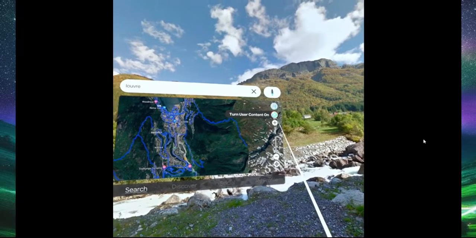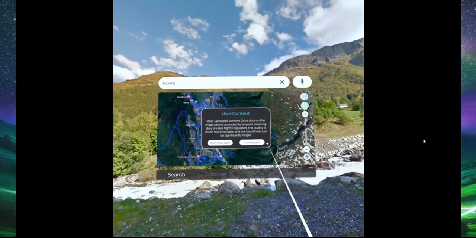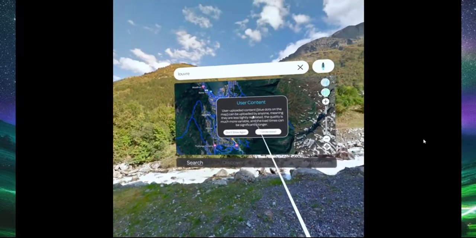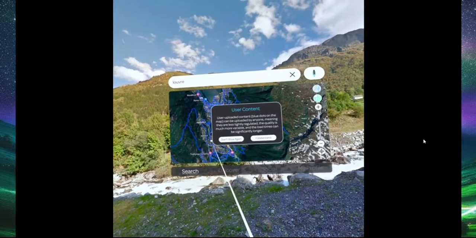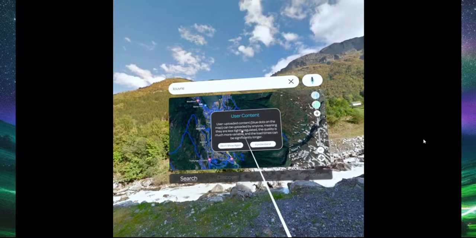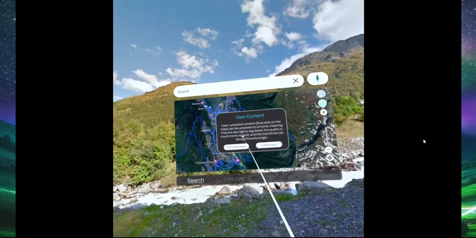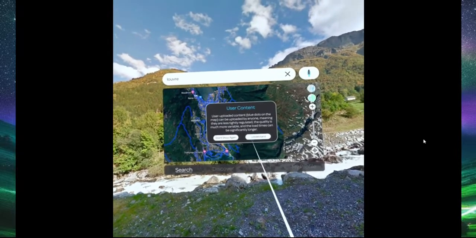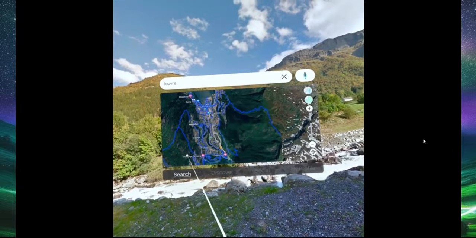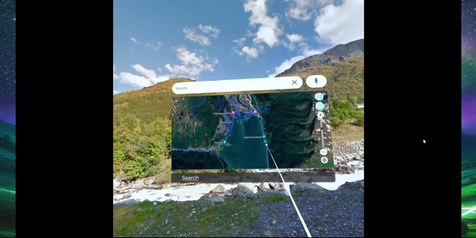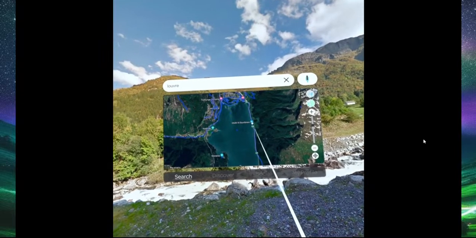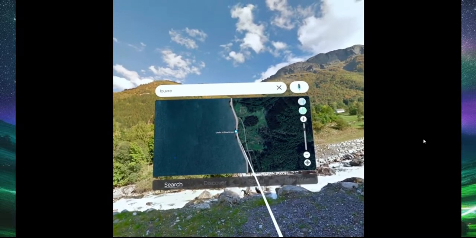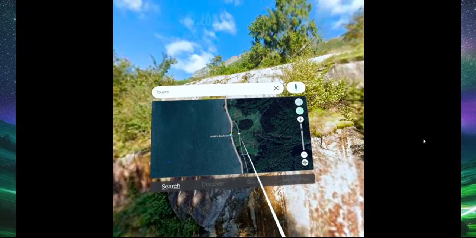Right here, you can turn user content on. So it'll give you a warning and say, hey, when the user content is on, it can be uploaded by anybody, meaning they are less tightly regulated. The quality is much more variable, and the load times can be significantly longer. You're like, I understand. And so when that happens, you're going to see little pictures like this that pop up on your map. When you click it, it's going to be an actual person's